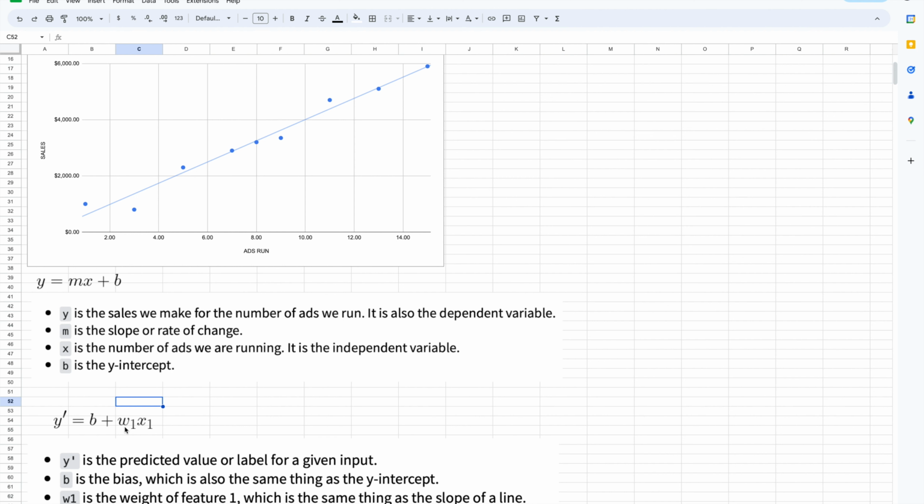And we're using w1, x1 because we can have multiple features with varying weights, right? So instead of this being y prime equals b plus w1 x1, we could have y prime equals b plus w1 times x1 plus w2 times x2 and so on. So we could have multiple features and weights in machine learning for this equation. But that is getting too complicated. I just want to keep it simple and just have one feature with one weight for now, just so you